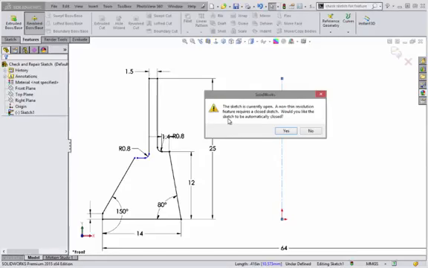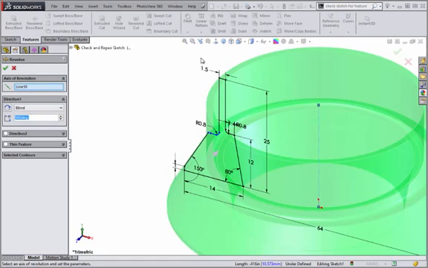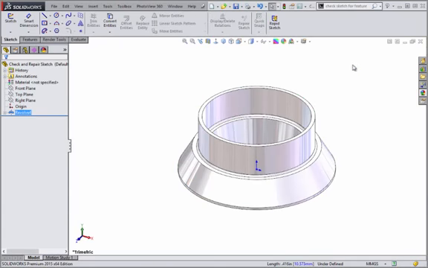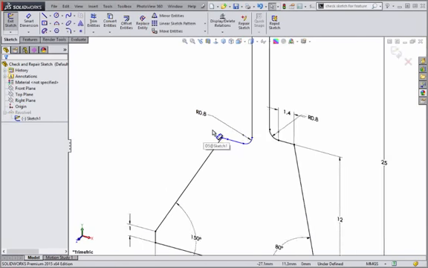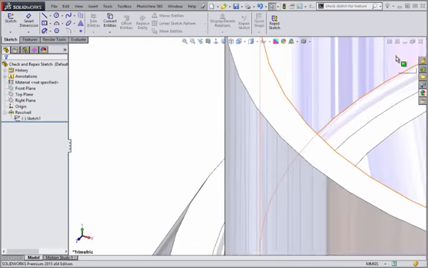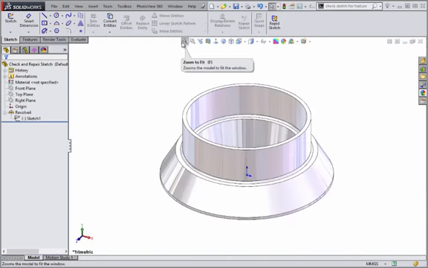This time, a warning appears stating that the sketch is open and asks if I would like to automatically close it. I'll click Yes, and the Revolve Property Manager appears, along with a Revolve preview. I'm liking what I see, so I'll click OK to create the feature. And when I go back to review its driving sketch, you can see the extra line SOLIDWORKS created to close the gap. So as you can see, even though some sketches are hard to locate, the Check Sketch for Feature and Repair Sketch tools can help fix